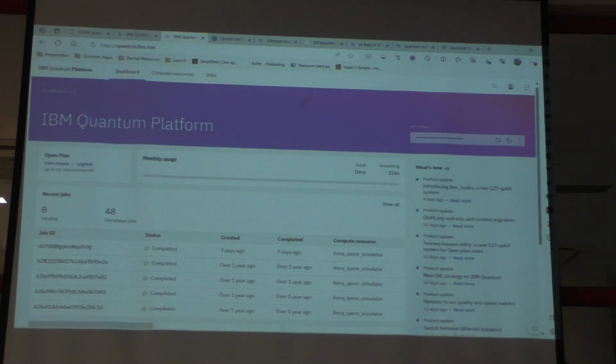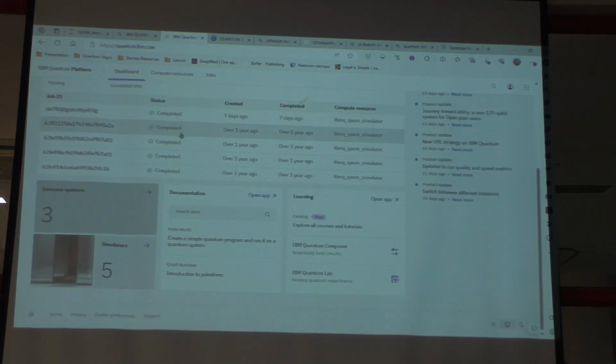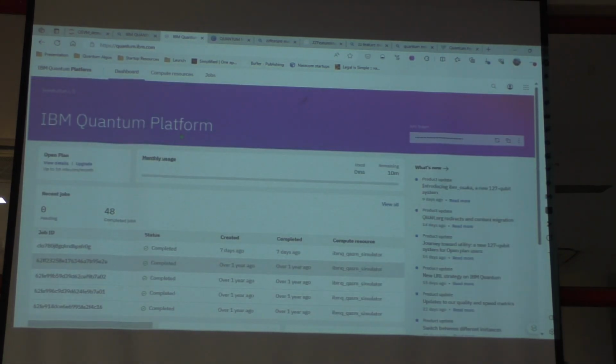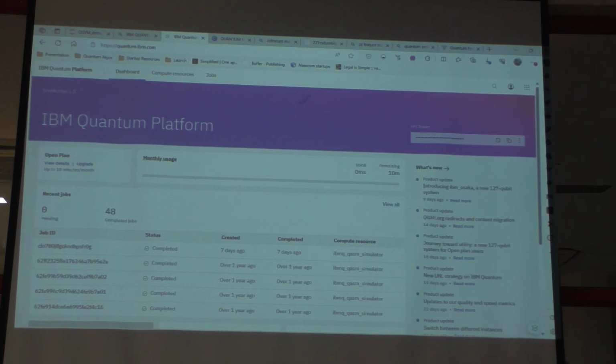Once you sign in, you'll be able to see a dashboard like this. I hope you were able to log into this platform.